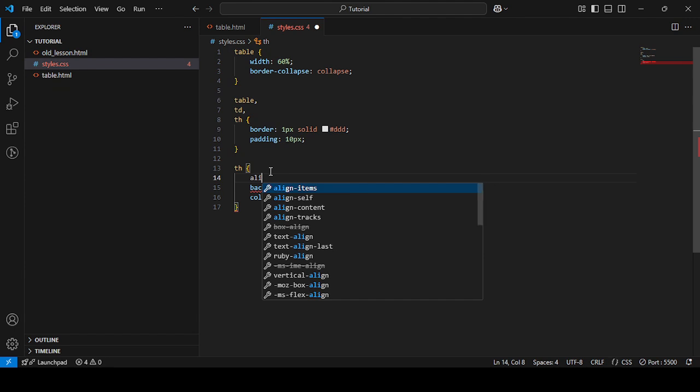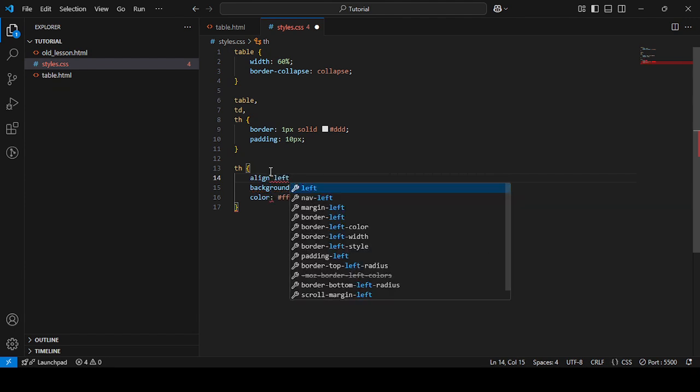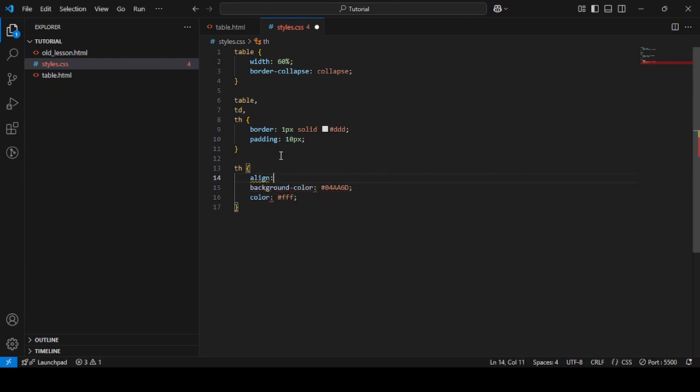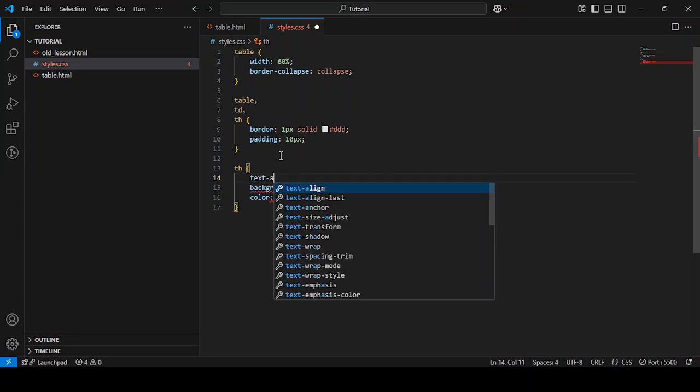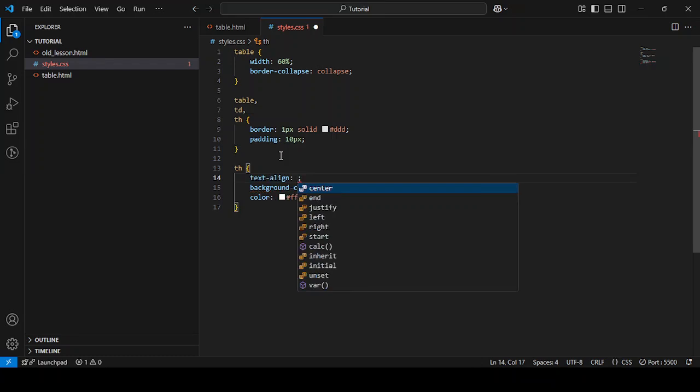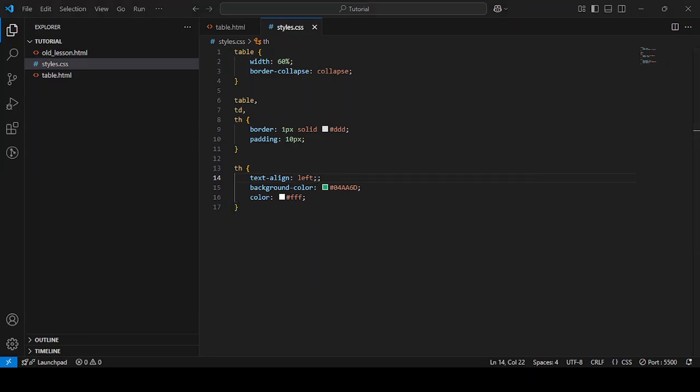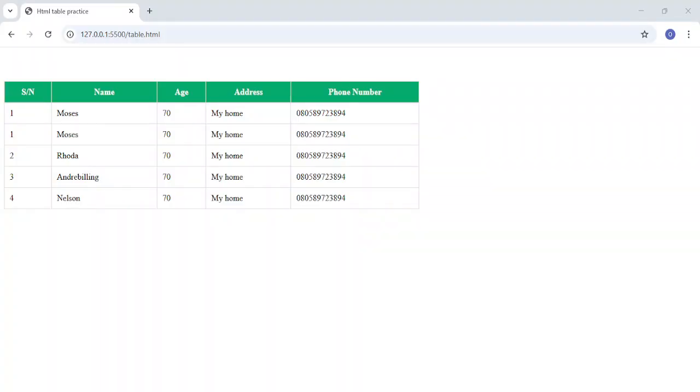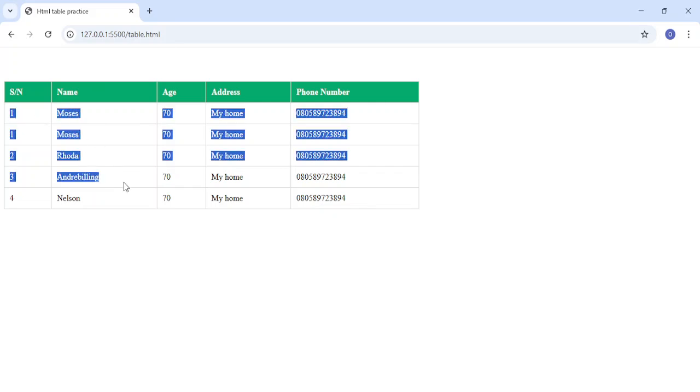Align left. The align property left. What am I doing? Oh, it's text-align left. So instead of it appearing in the middle, it will start appearing to the left-hand side of the table data. So also this one, if you want to align them to the center, whatever you want to do,